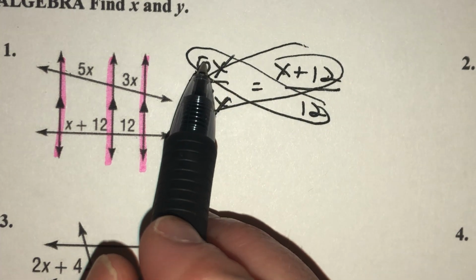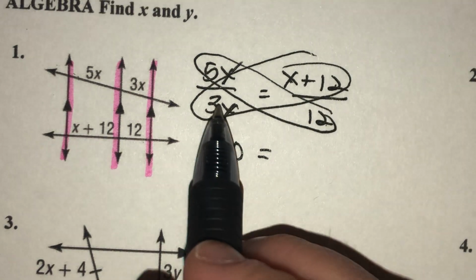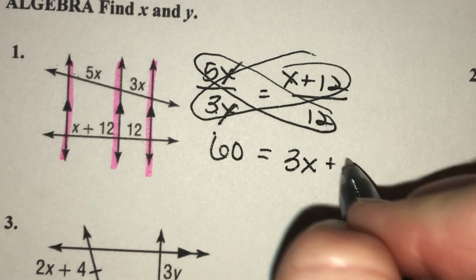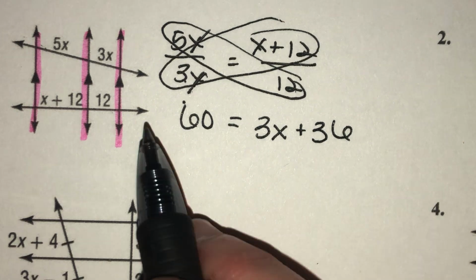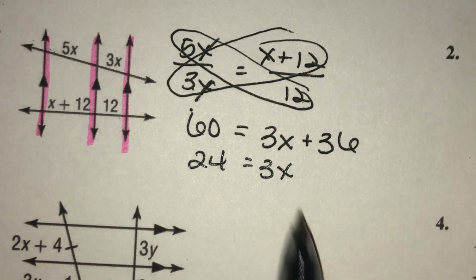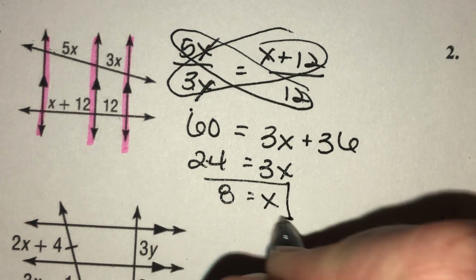So when I cross multiply, 5 times 12 is 60. And 3 times (x plus 12) gives me 3x plus 36. Okay, and then I can keep solving. So minus 36 on both sides. That's 24 equals 3x. Divide by 3, and x is going to equal 8,